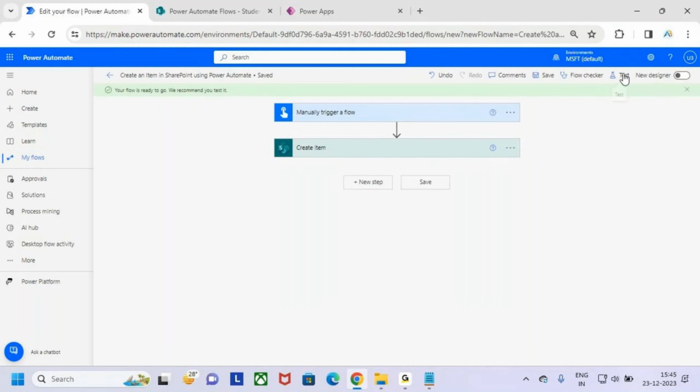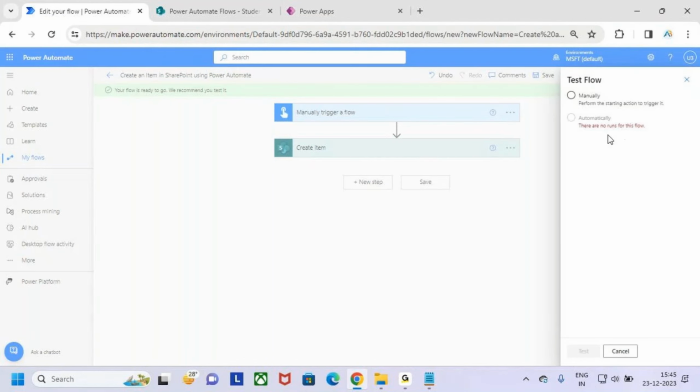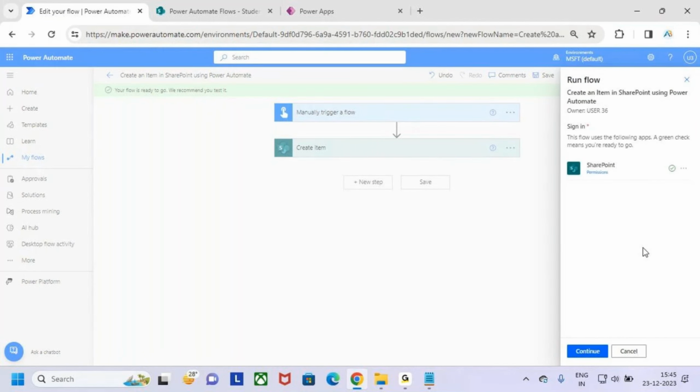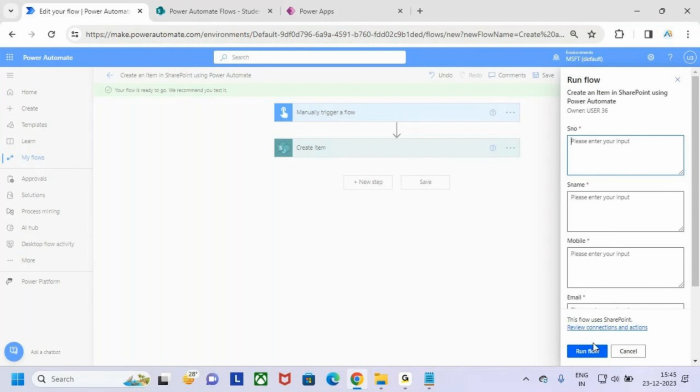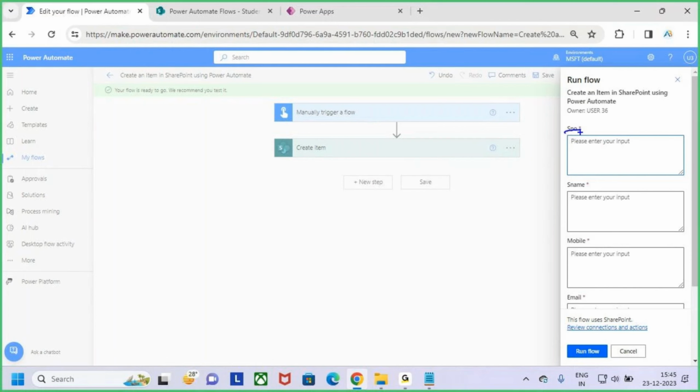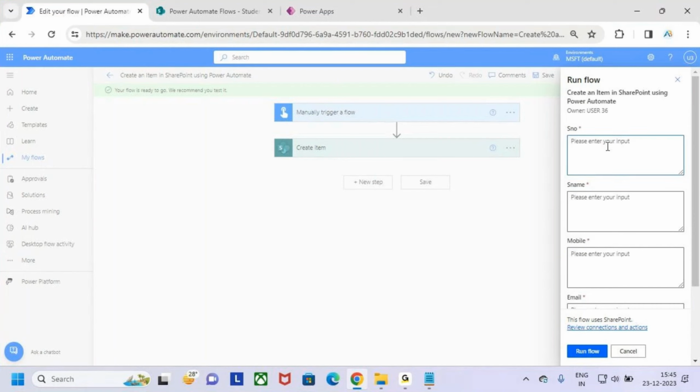Once after saving the flow, go and click on what? Test. Test the flow. Manually test the flow, guys. Click on test. Now see, when I click on test, it will ask us to pass some permissions. So it is directly taking the SharePoint permissions. Click on continue. Now see, we need to pass the values to those fields: student number, student name, mobile, email ID. We created some fields in this manually triggered flow, right? Here, let us say student ID is 105. Student name, let me keep here, let us say ABD is the student name,